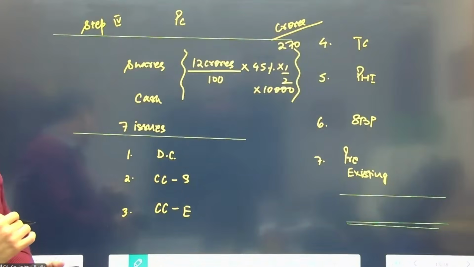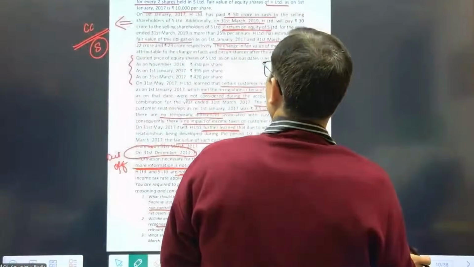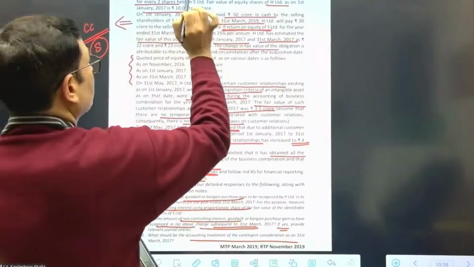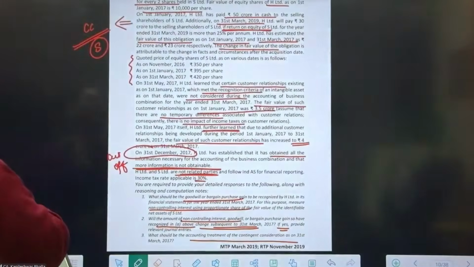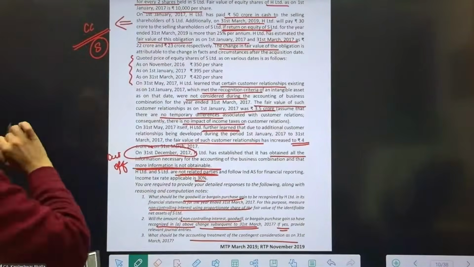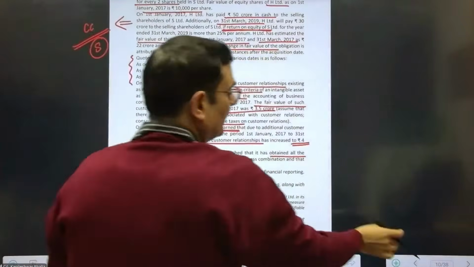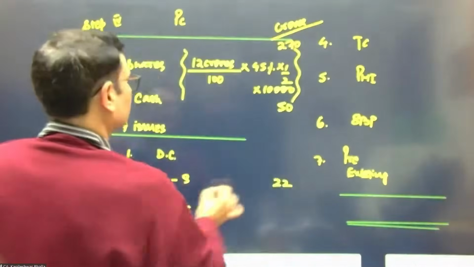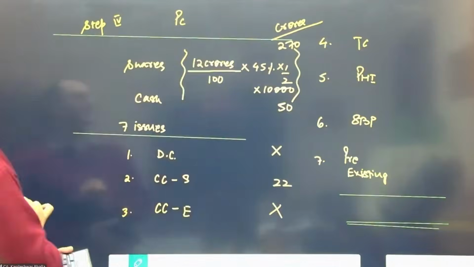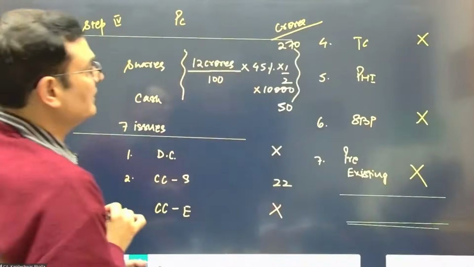Then I think we are also given the quantum of cash which is paid. Let's go back to the cash. 50 crores. Yes, on January, another 50 crores is paid. Then contingent consideration of 30 crores is payable at a later date. So for contingent consideration, we need a fair value. On 1st January, the contingent consideration is 22 crores. That's right. So cash paid is 50 crores, contingent consideration is 22 crores. There is no DC to employee. There is no share-based payment or pre-existing relationship. Just we need the PHI.